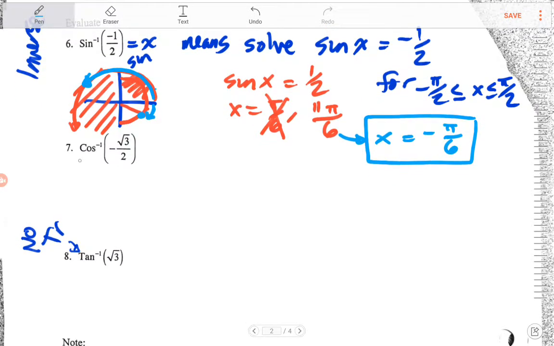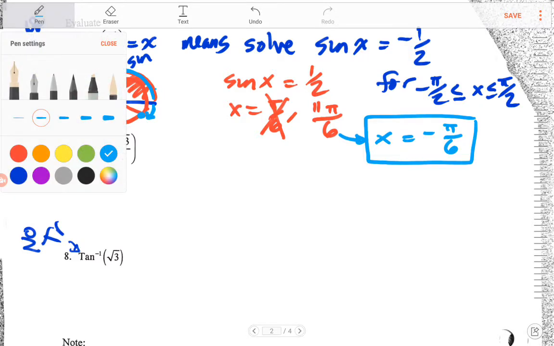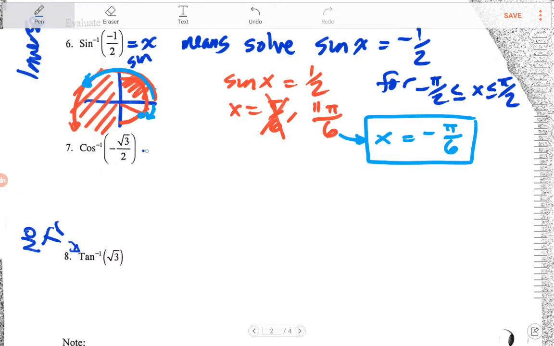Okay, let's do the same thing now for number 7. We see cosine inverse of x is equal to cosine inverse of negative root 3 over 2. So again, we're going to make this equal to x. And then if it's equal to x, keep in mind that this is the same thing as cosine of x is negative root 3 over 2. And this is going to occur when, keep in mind for the inverse cosine, it has a restricted domain